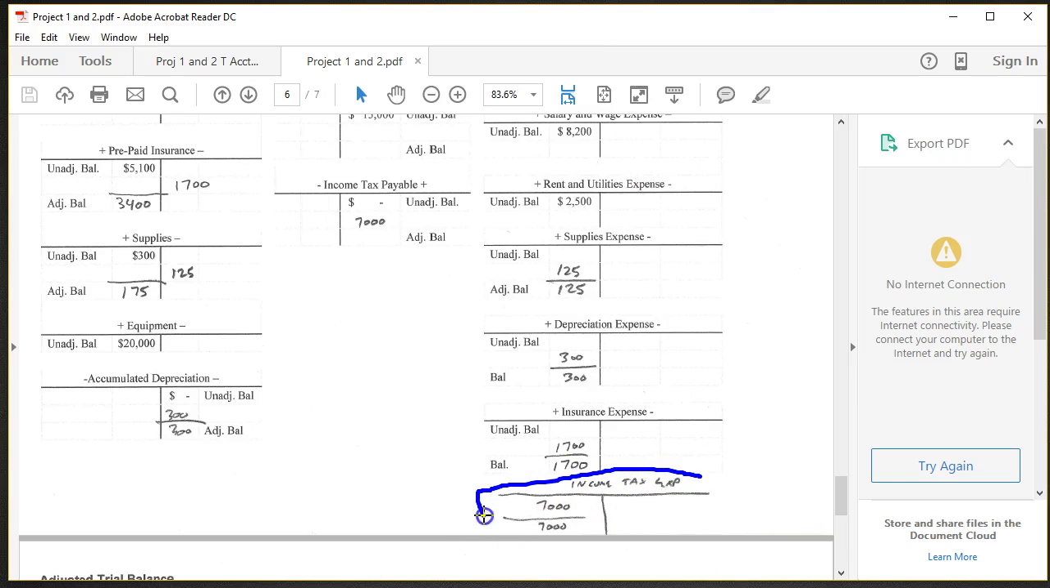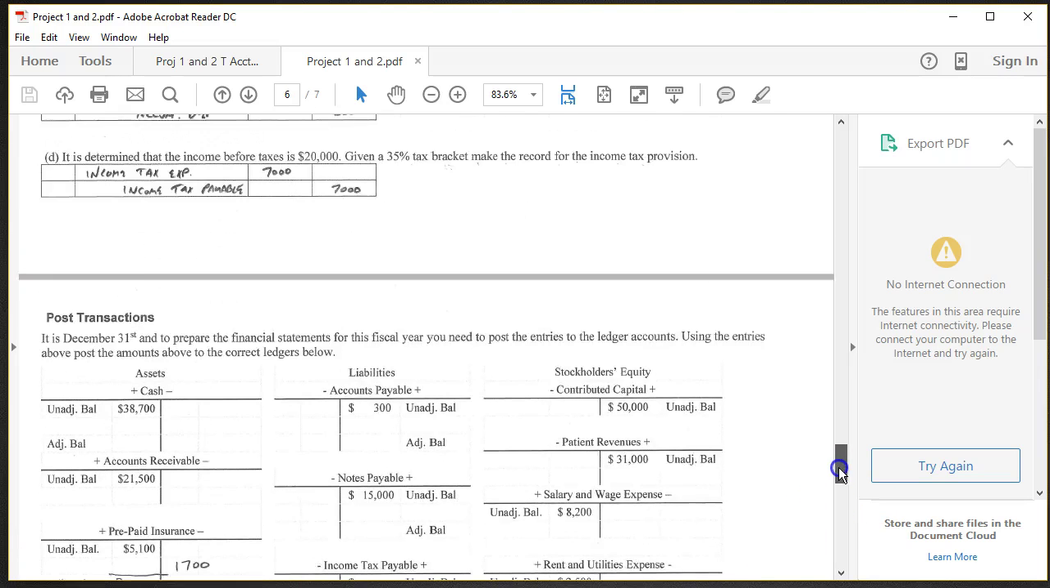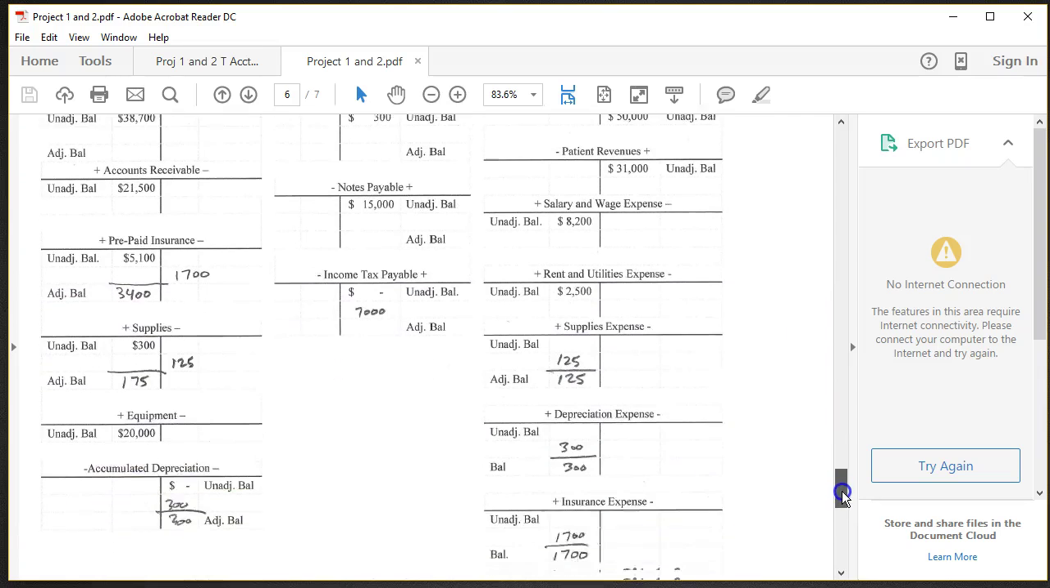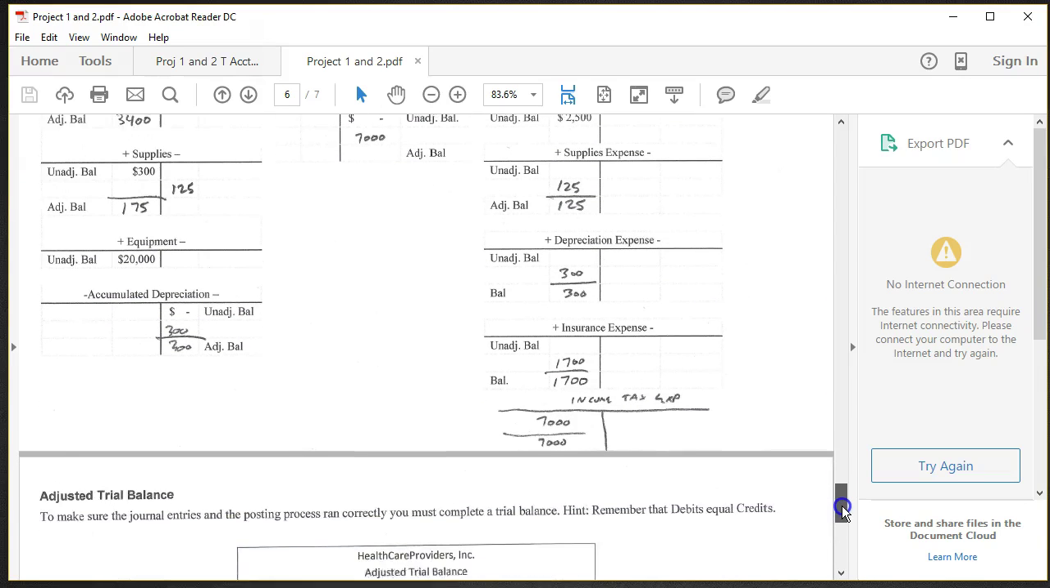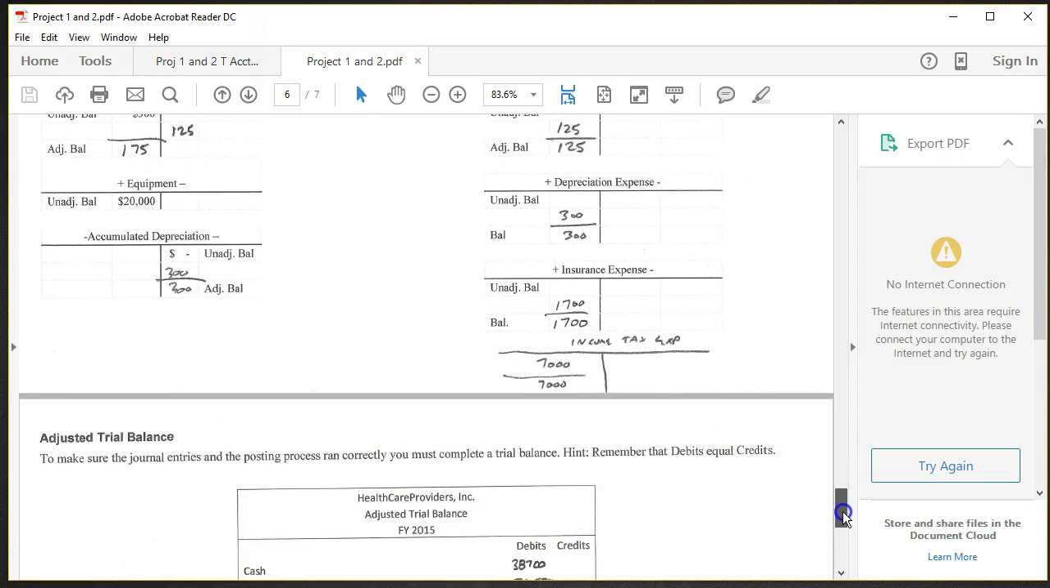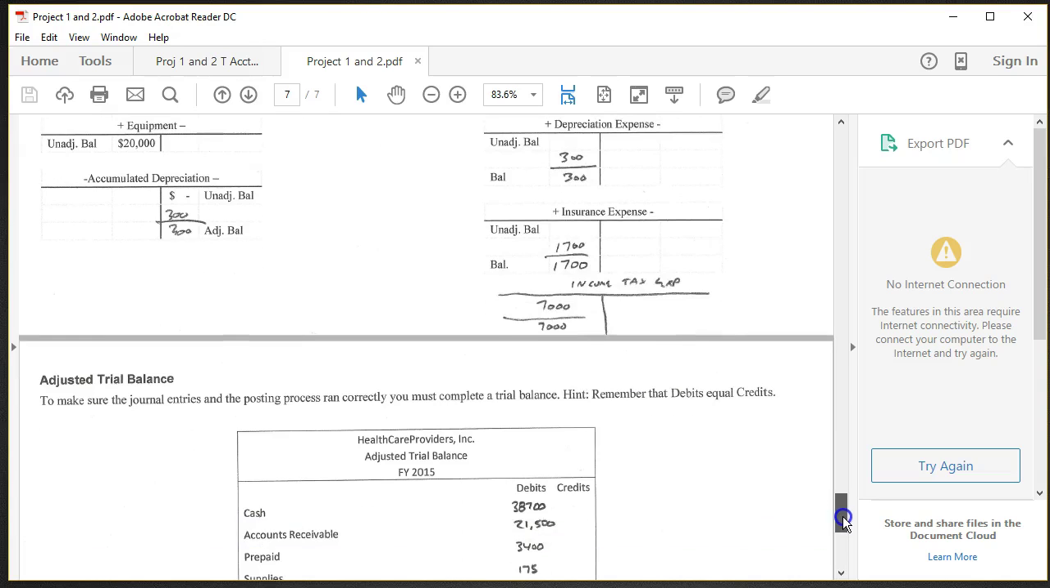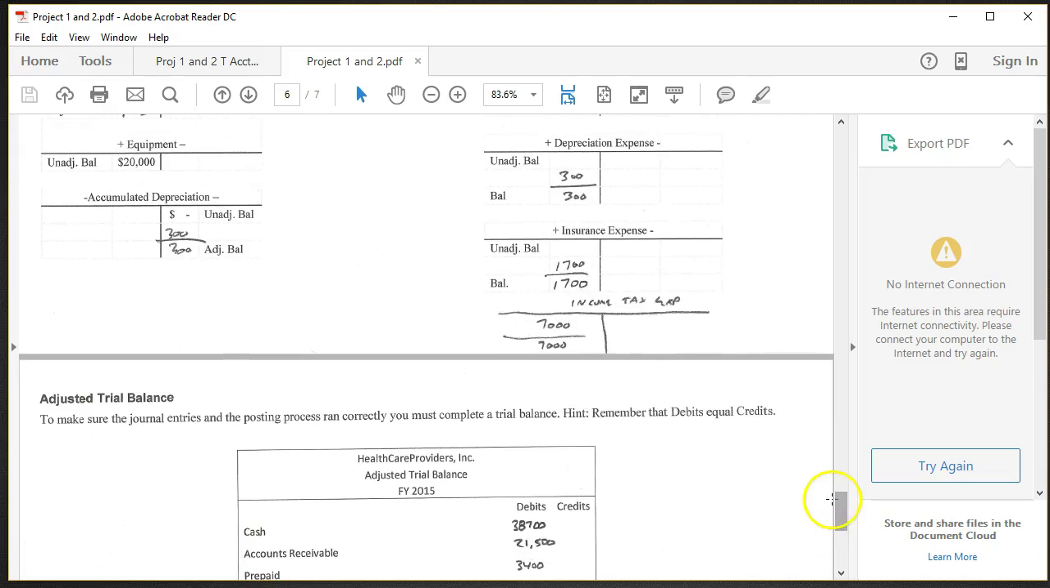So I just wrote a little T account down there for when we did the income tax expense transaction, which should be under the equity side. Remember, expense is one of those weird accounts where an increase is a debit. All right, and then I net those out just like I did before,